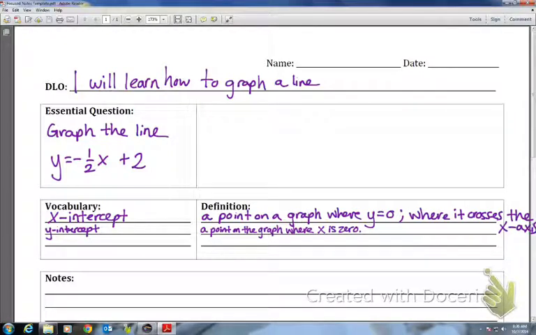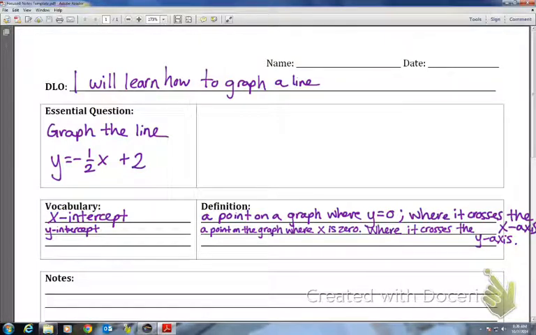Or in other words, where the graph crosses the y-axis. So the x-intercept is where the graph crosses the x-axis, the y-intercept is where the graph crosses the y-axis, and